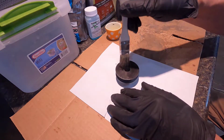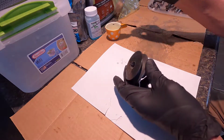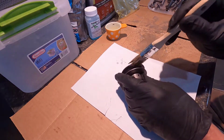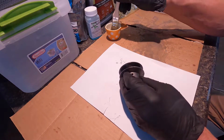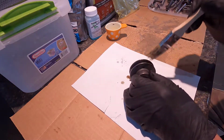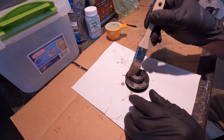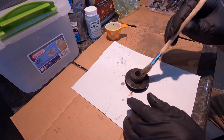And it doesn't matter if I get it down into the shaft hole there, because this does not add material. It changes the material that's already there to black iron oxide, but the fit is going to be just the same, so I don't have to worry about that. Yeah, this is about the oddest shaped part that I got. What you want to do is get this on